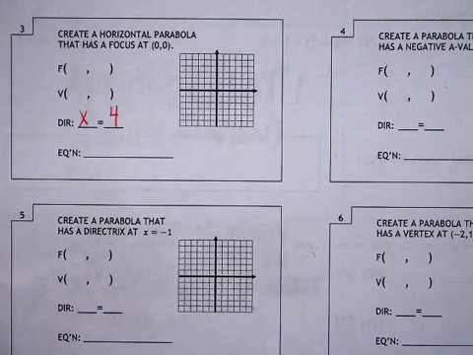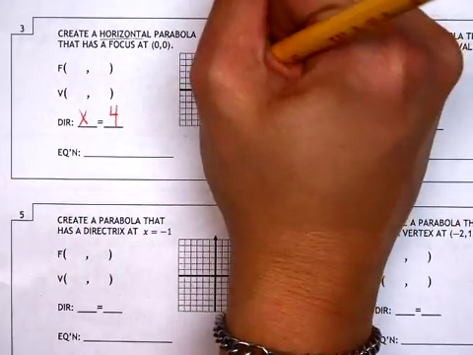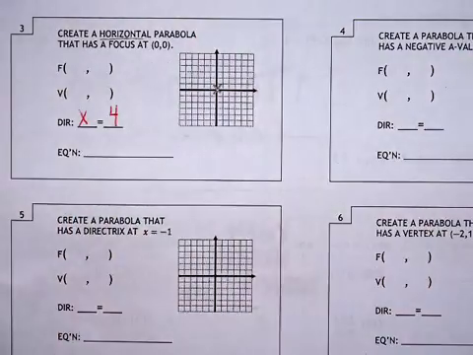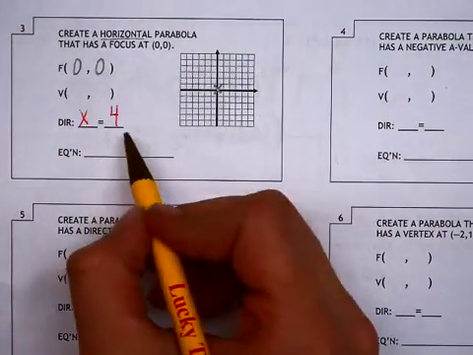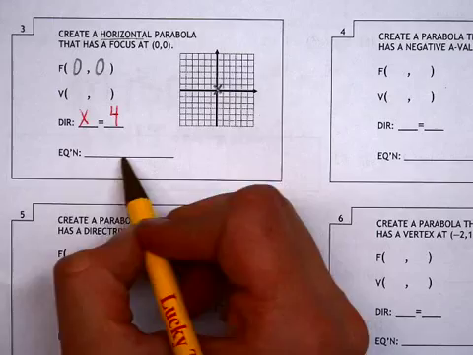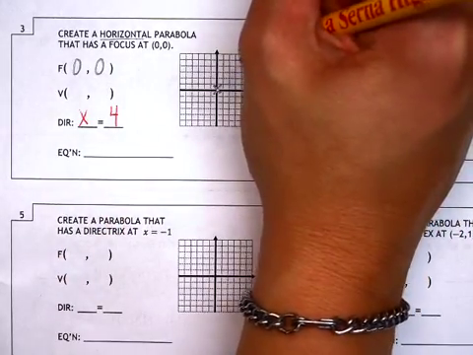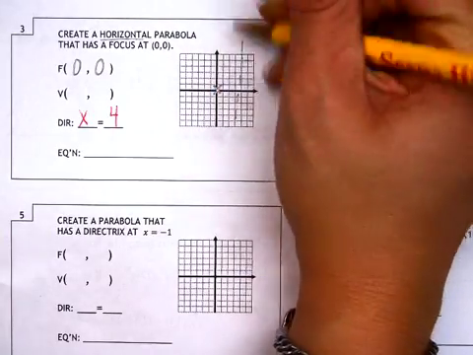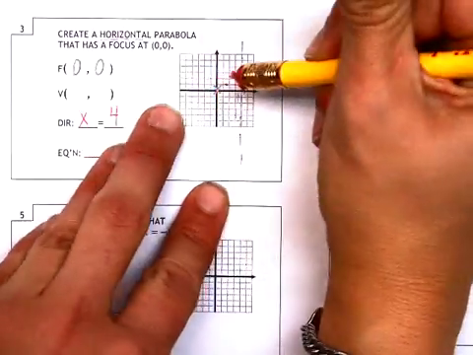Now question number 3 is asking us to create a horizontal parabola with a focus at 0, 0. So let's plot that point. Let's also fill in the fact that the focus is 0, 0. And let's also note that one of the hints we were provided in class was the location of the directrix, x equals 4. So if we make that line that passes through the x-axis at 4, straight lines help apparently,